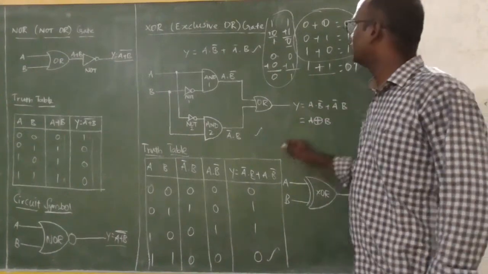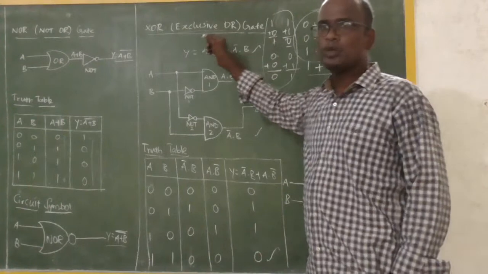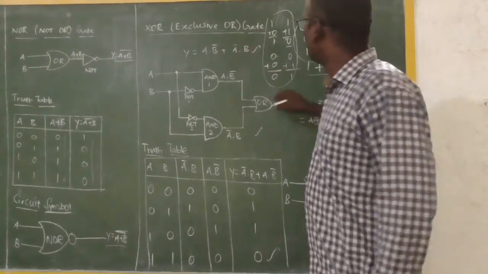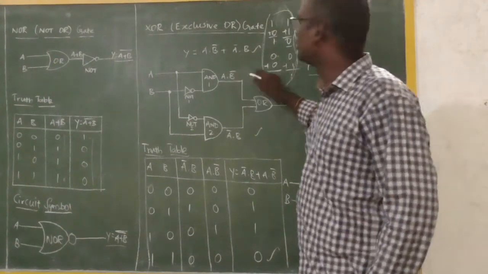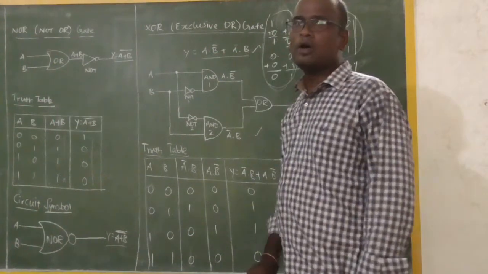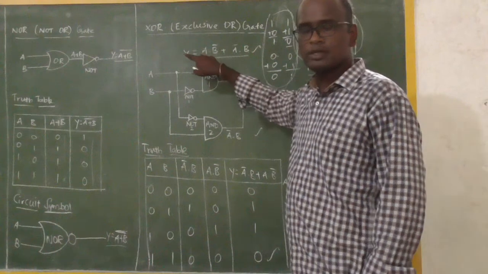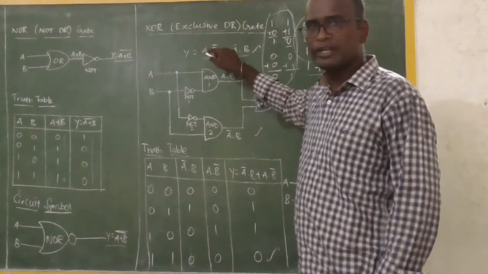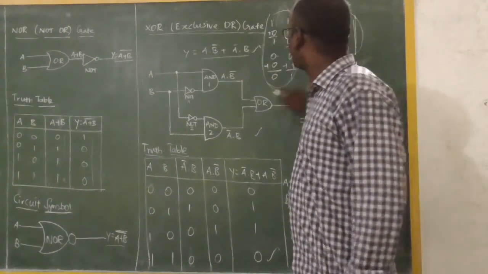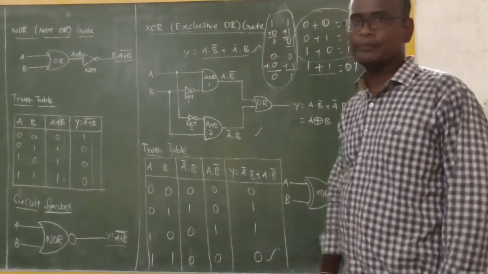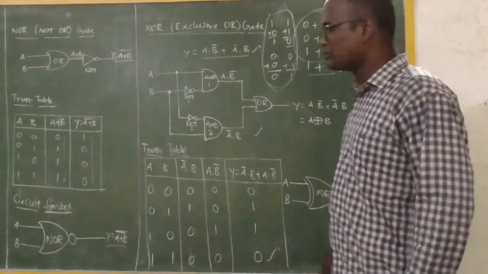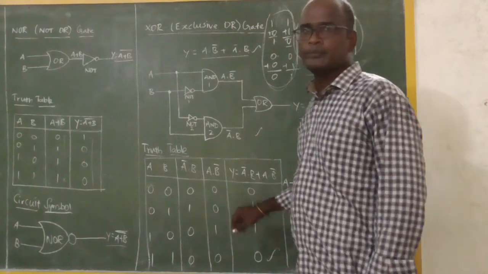Okay, so therefore we go for the exclusive OR gate. To produce these addition rules, we have to follow this condition. How this Boolean expression will produce our required result, we can see in the truth table. Okay, let us move on to the truth table of an XOR gate.